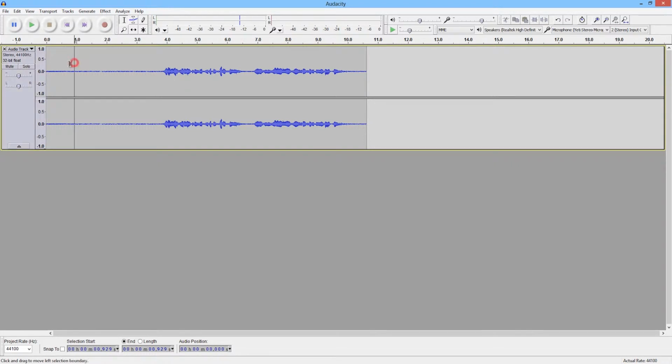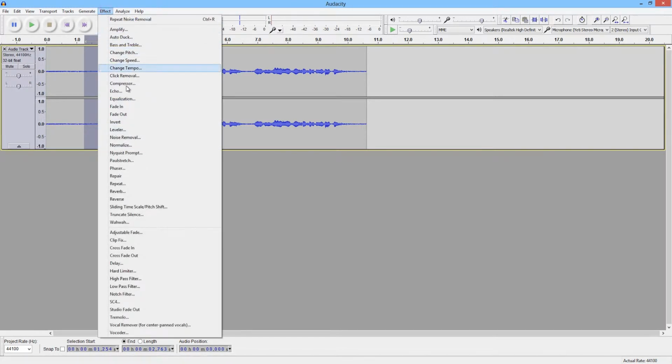As you can see, there's a good bit of noise in that. At the beginning there, we can hear, obviously, an AC fan and a computer fan. So once you've done your recording, and you've left 2 to 4 seconds at the beginning here, go ahead and select about 1 to 2 seconds of what you've recorded, and go ahead and click on Effect,